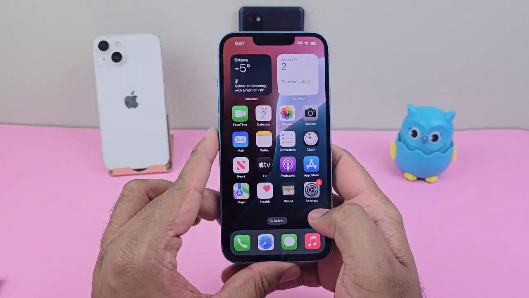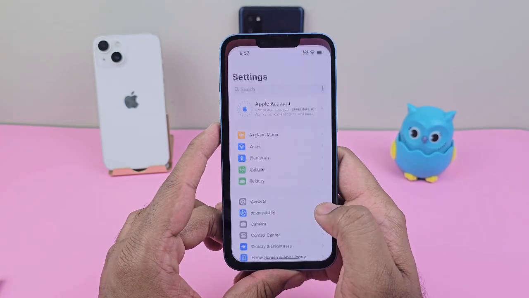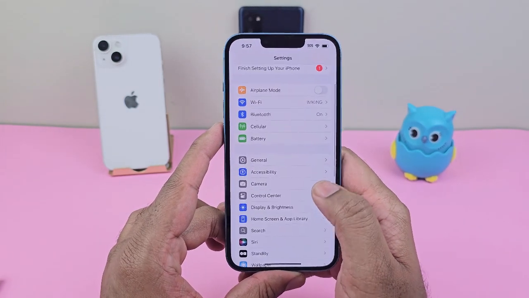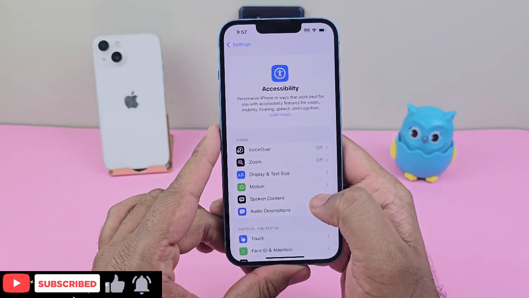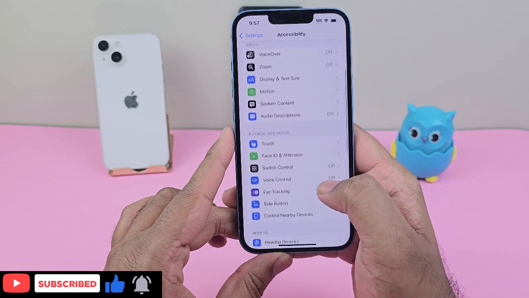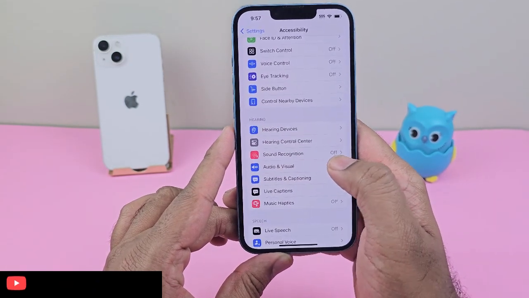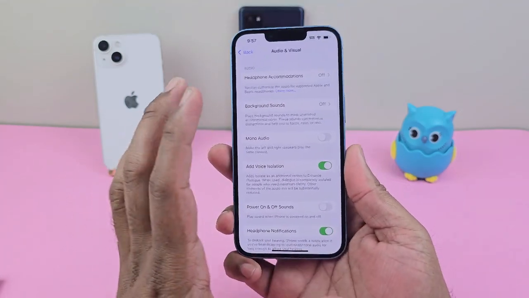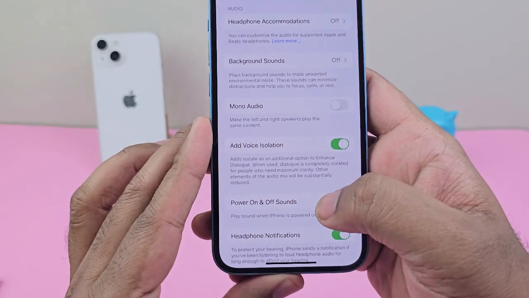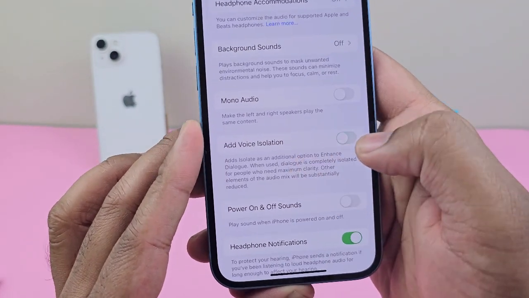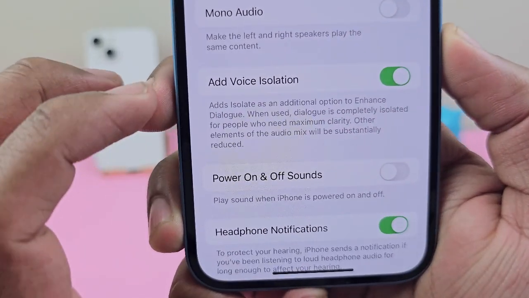And in today's video, we'll see how we can isolate our sound and make it more clear. So just simple, go into the settings, go to accessibility. When you go to accessibility, just go a little bit down, you'll find audio and visual. When you click on that tab, this tab controls all audio and visual things. So when you go there, just turn this on, as you can